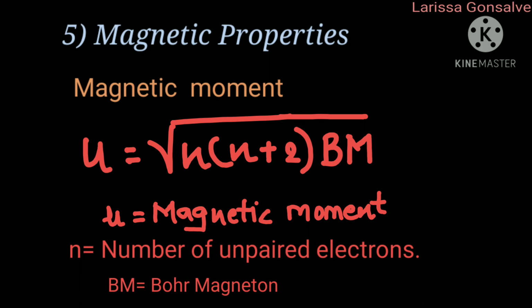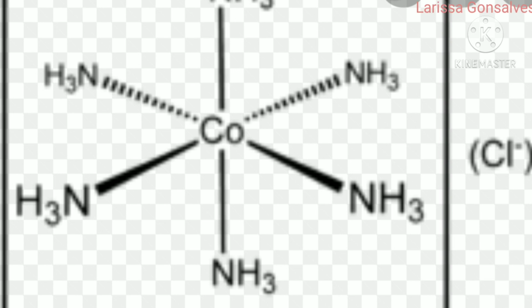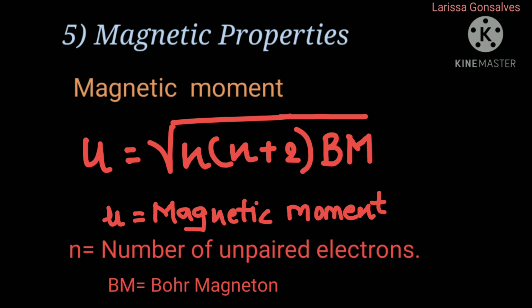If we want to determine the magnetic moment experimentally, then it can be done in solution or solid state. In this, the central metal ion is hydrated, meaning water, and then it could also be bound to ligands. Ligand is an atom or molecule which binds to the central metal ion to form a coordinate complex. The trends, color, catalytic property and formation of interstitial compounds will be studied in the next video.